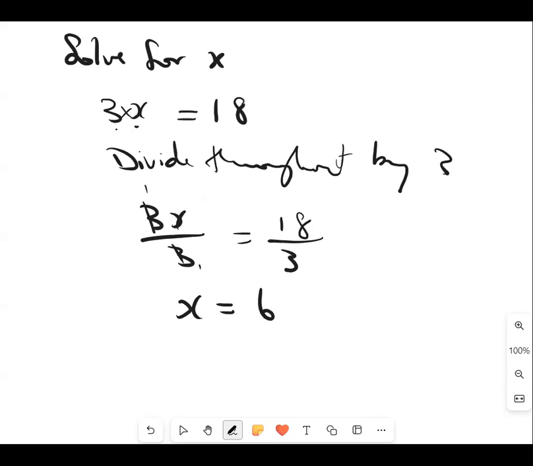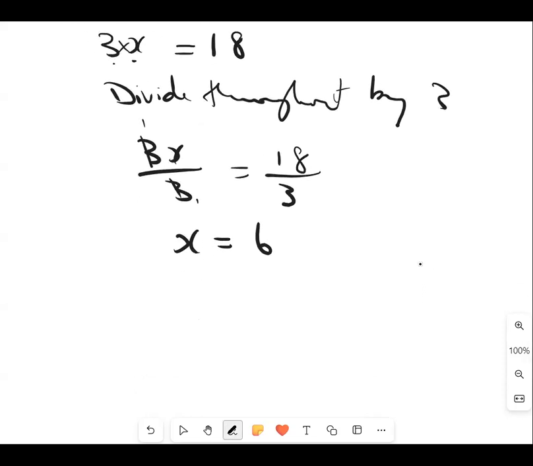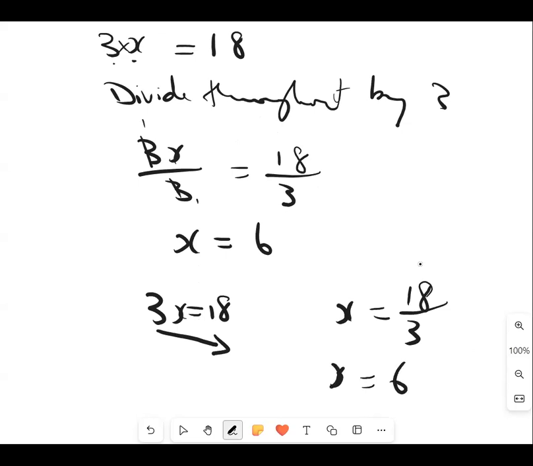Right? Shortcut. If you have 3x equal to 18, sorry, you just bring down the 3 and divide, right? So you have x equal 18 divided by 3. If you follow that one,